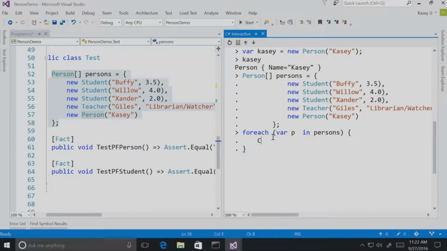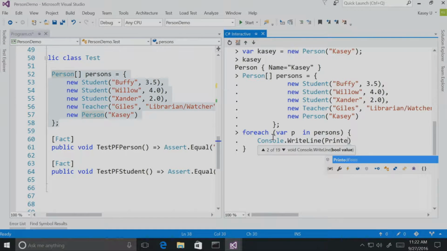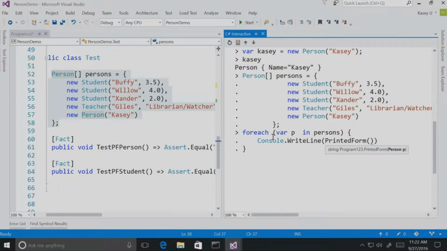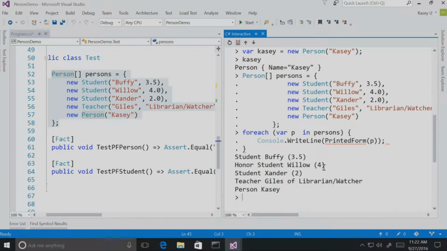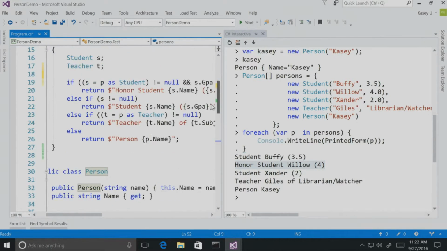and then now I print it all out. So I'm going to call that PrintedForm method. Again, I don't have to qualify it because I used that using static. Then I can see I'm printing 4 instead of 4.0. And so if I go back up to my code up here, I can see it's just a formatting issue,